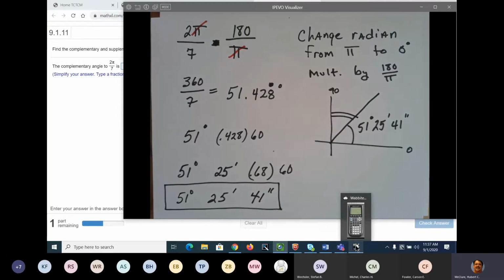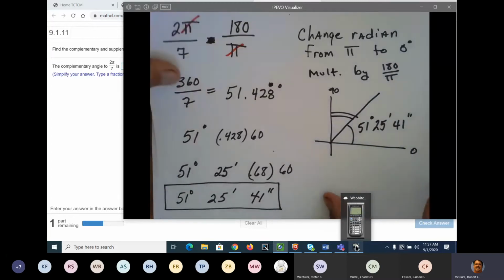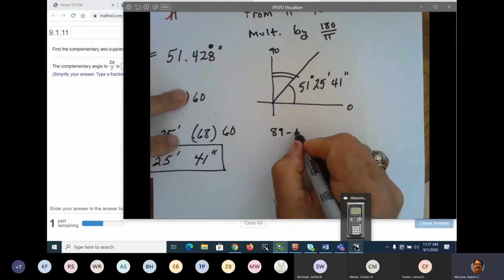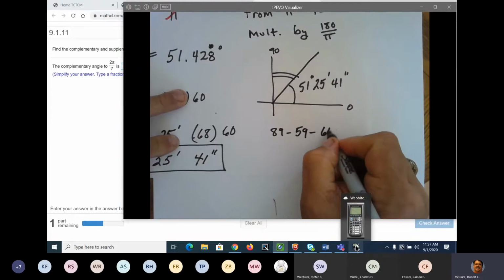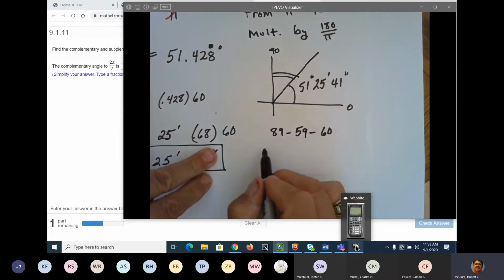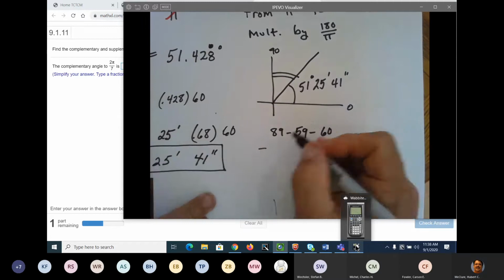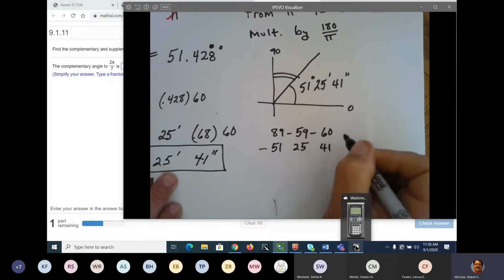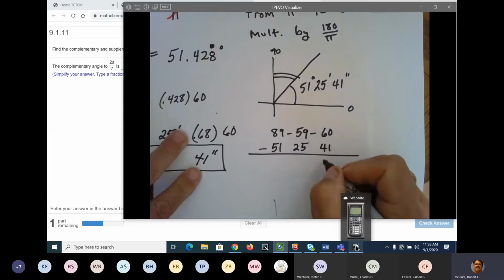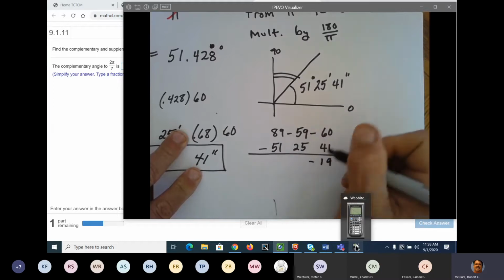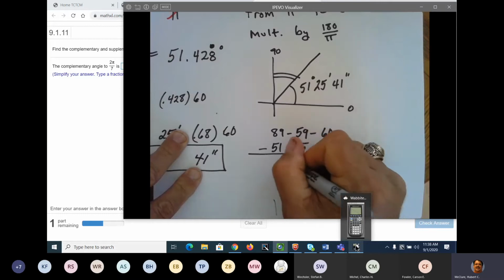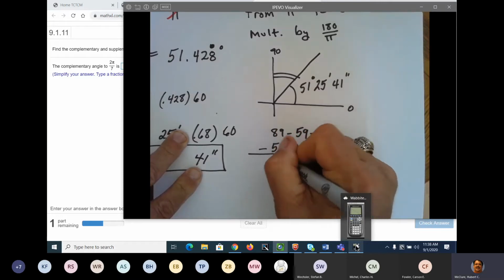Subtracting. So 90 is 89 degrees, 59 minutes, and 60 seconds. Minus 51 degrees, 25 minutes, and 41 seconds. And that's going to be 10 minus 1 is 9. 5 would be 19. 59 minus, what is that, 4 and 3. And 9 minus 1 is 8. And 38,